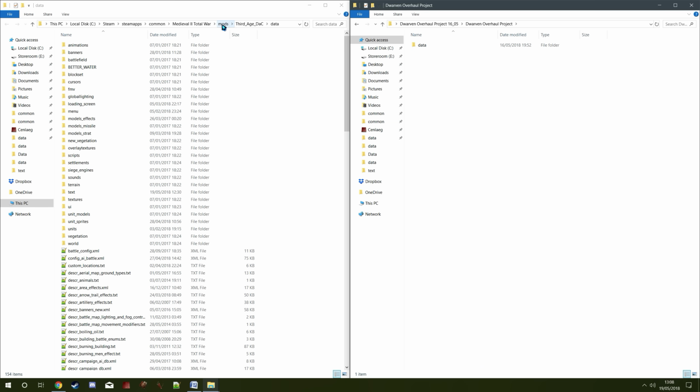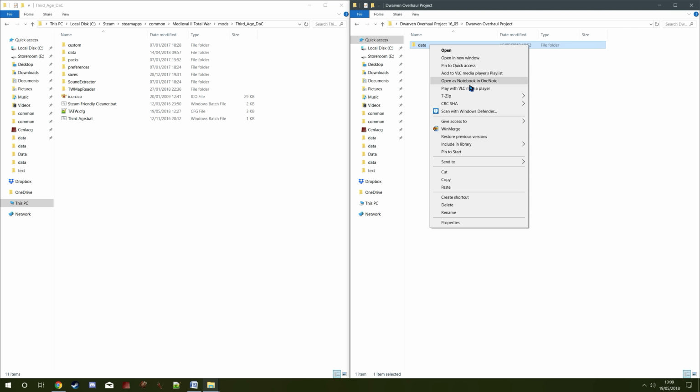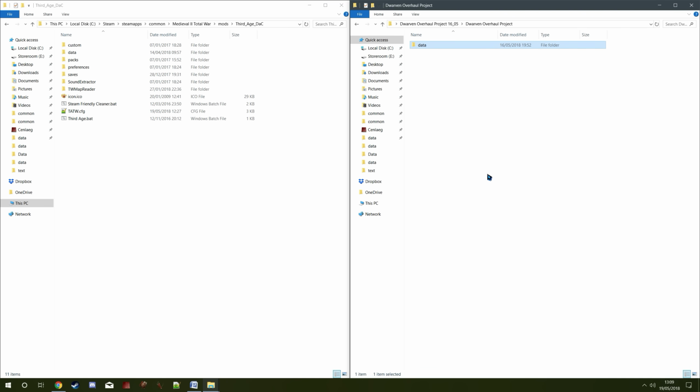What you need to do is navigate to wherever you've got the Third Age that you want to install it. For me, it's C, Steam, Steam Apps, Common, Med2, Mods, Third Age, DaC, and there's my data folder. You could be any of the other ones. I mean, these for me are actual expansions. If I loaded that up, it would play the Americas expansion because that's the best way of installing mods. Anyway, so I would go to where I've got it installed, and all you need to do is either right-click it and copy down the bottom, left-click it and press Ctrl-C if you're unfamiliar with that, or even just drag and drop